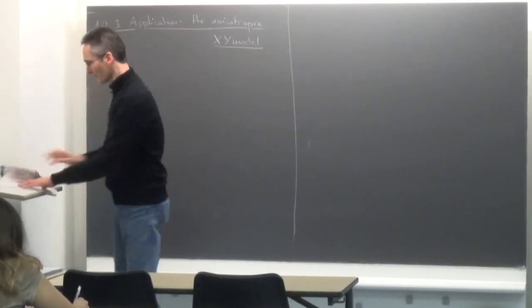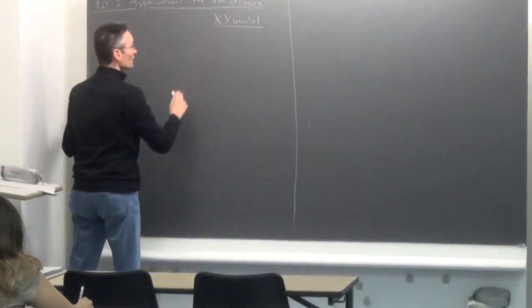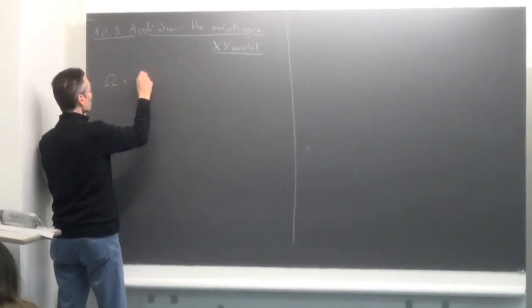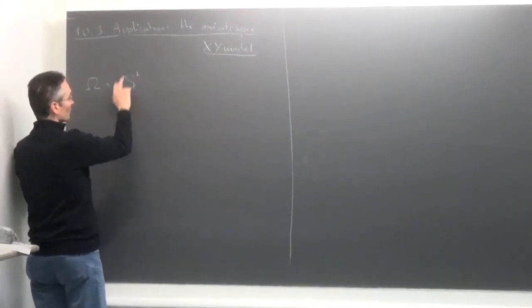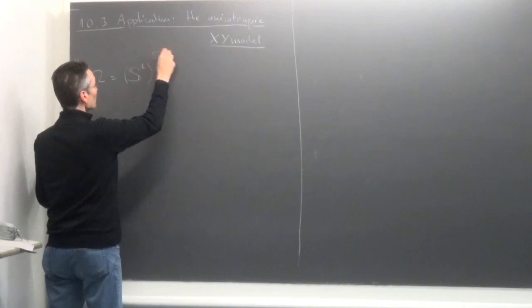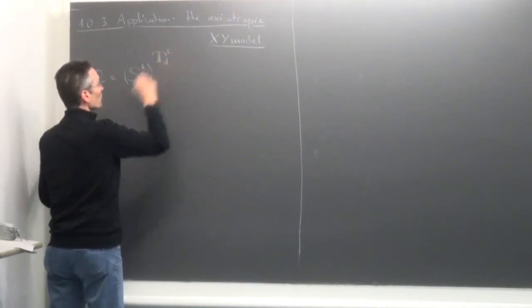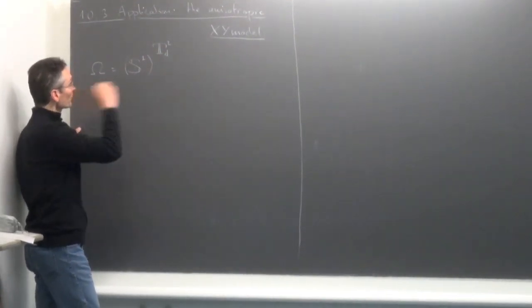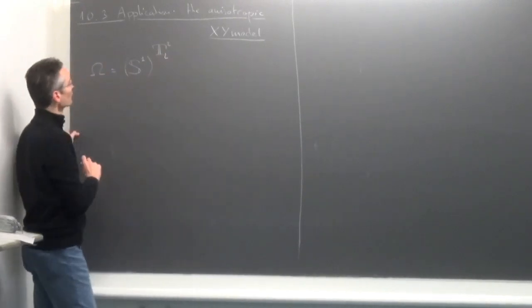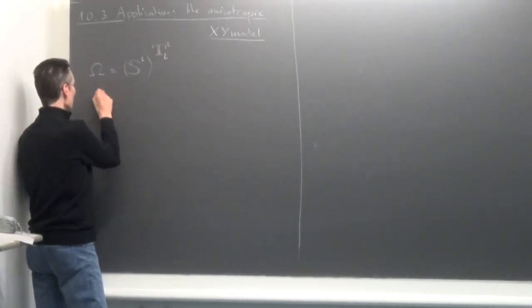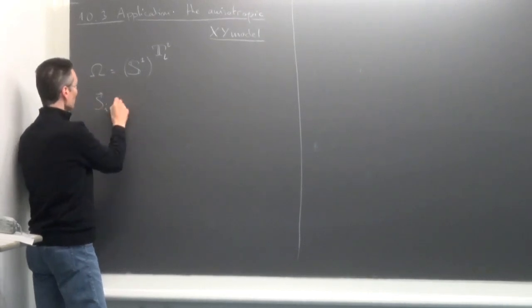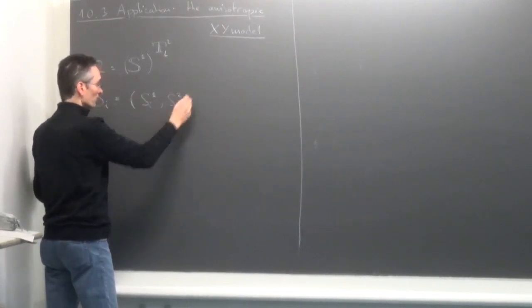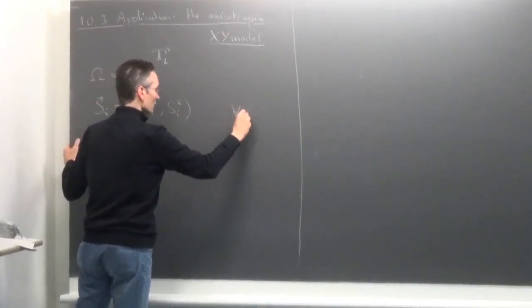Okay, so let me first define this model. It's a version of the XY model, so the configuration space is the same. Let me call it omega, as usual. It's the circle. The spins take value in the circle for each vertex in the two-dimensional torus. I will only consider the two-dimensional case, but the proof I will give works in any dimension larger or equal to 2, T to L. Then the spin at i I will denote Si1, Si2. So these are the two components of the spin. That's for all i in the torus.